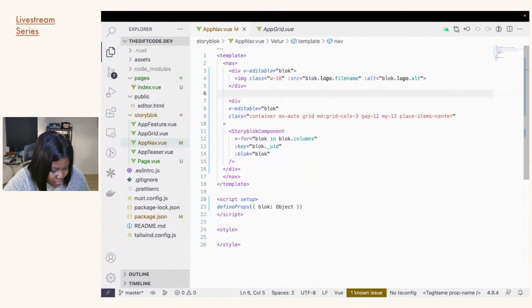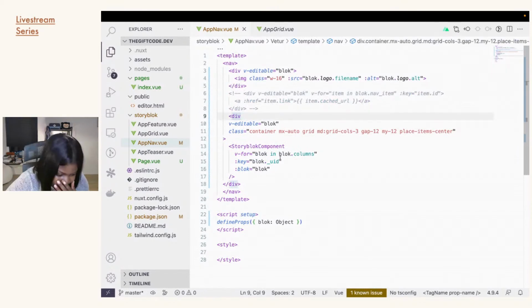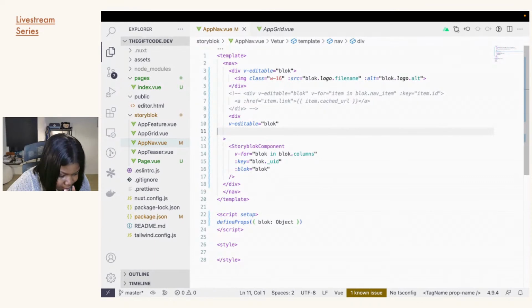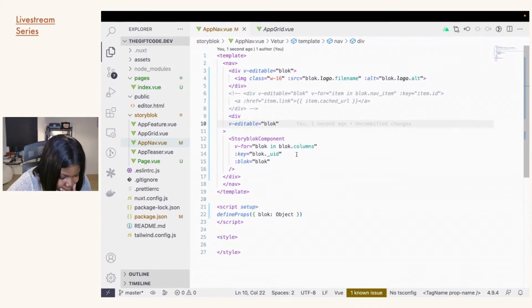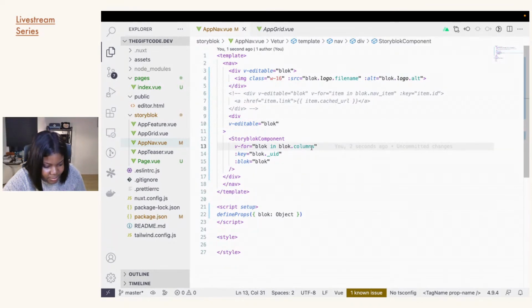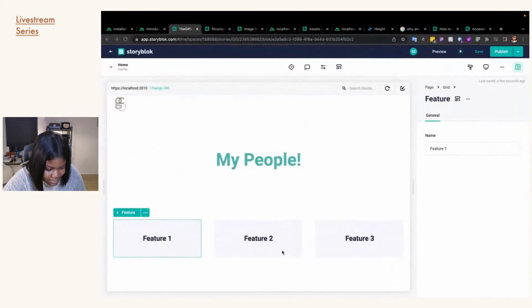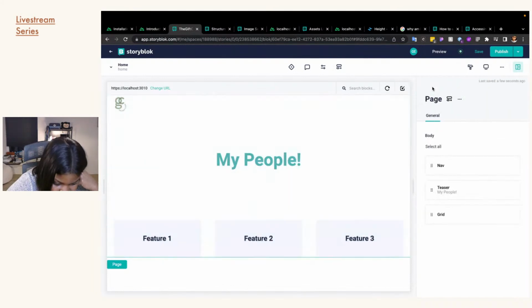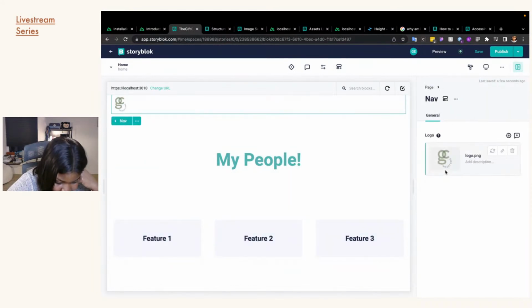I'll comment this out for now, right? Remove all the classes because I don't want it, and essentially try to replicate their own columns that they did here and instead put it there. So if I go back here, I think the first thing to do is, in the nav, I would